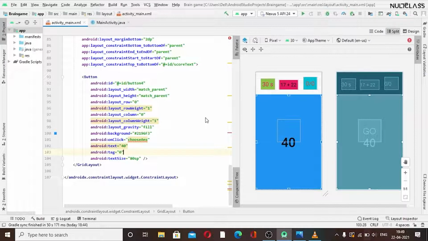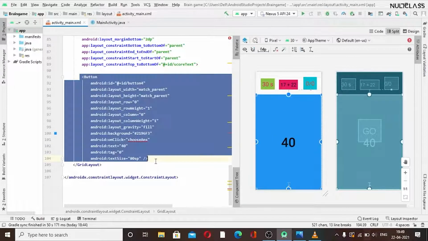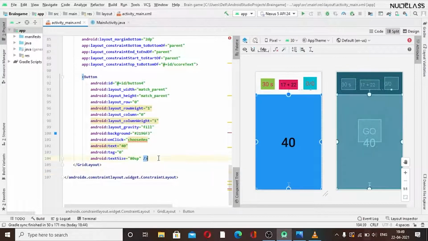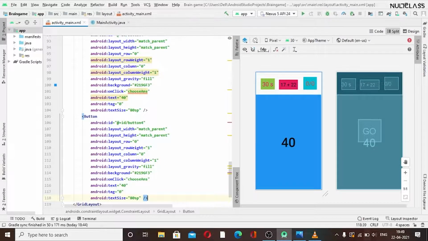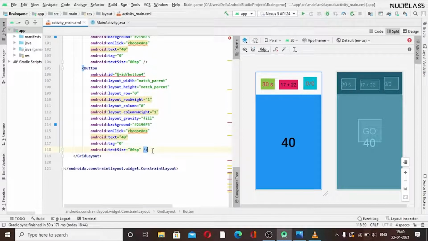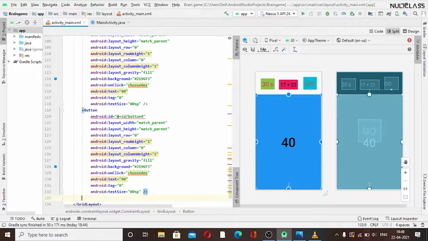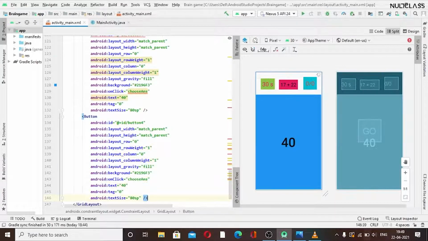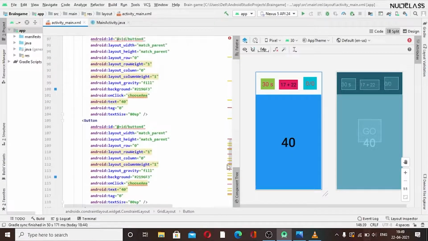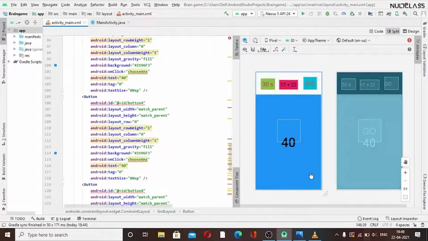So I want 4 buttons, and we don't have to do these things again. We just have to copy this code and paste it here. As we have to insert 4 buttons, we will be doing this 3 times more. So in total now I will add it here again. I think I have added this, and now we have 4. We will see 4 buttons soon. We have 4 buttons, but they are overlapped.